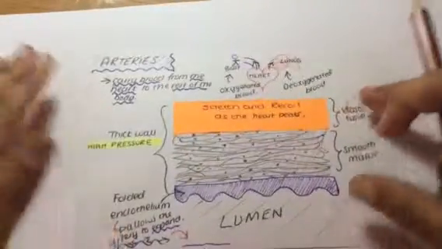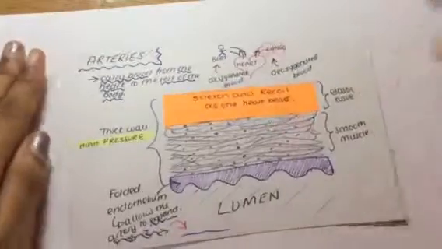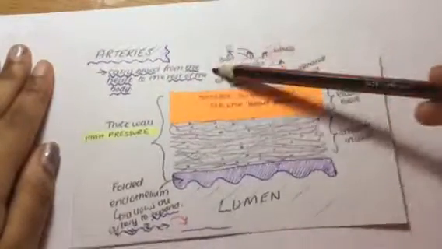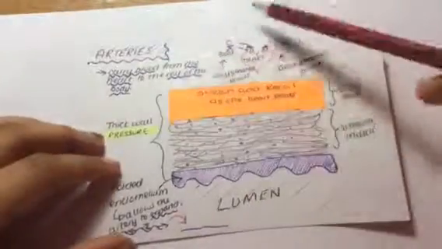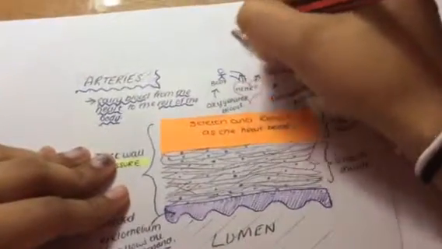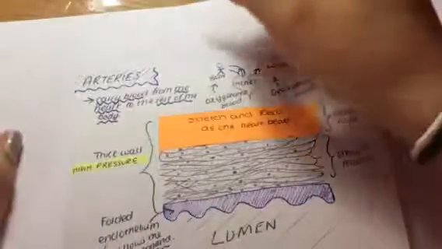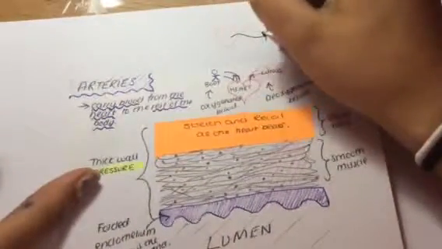So if I go into more depth here, the representation of the walls. As you can see here, we have the arteries. They carry blood from the heart to the rest of the body, and that is their function. It goes away from the heart. So we have the heart here, and what happens is that the blood travels away from the